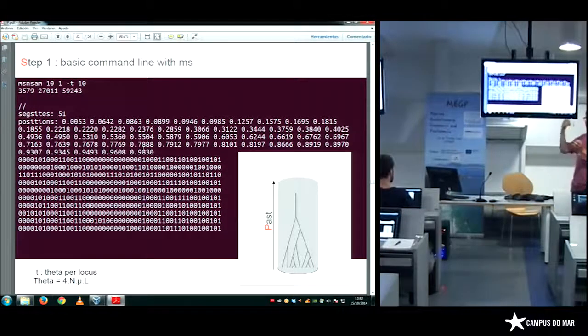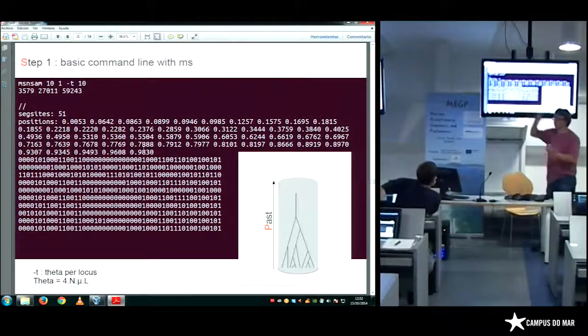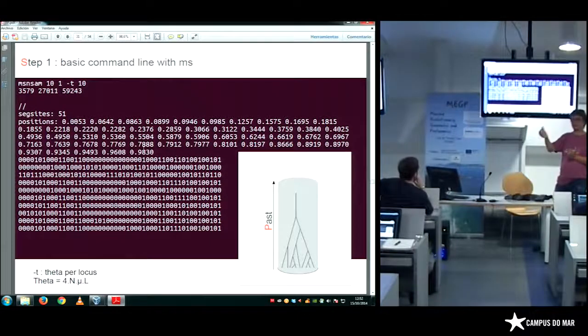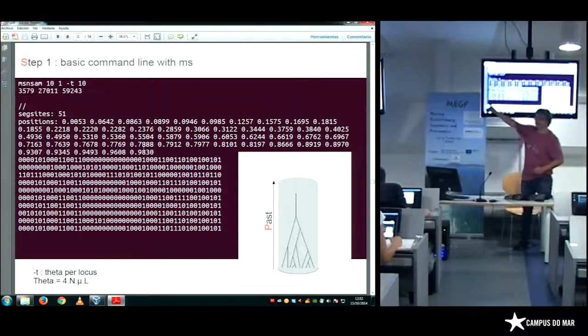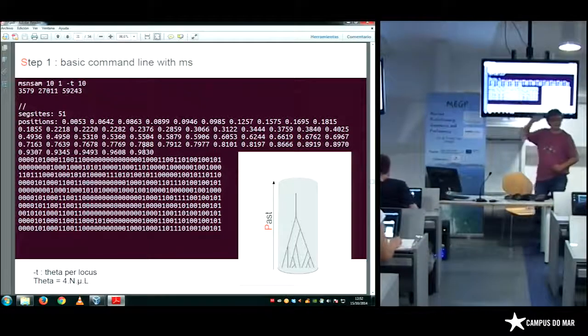The reason is that we are going to use simulation with recombination. So it's between 0 and 1. It's a proportion of the sequence. And here you have the 10 sequences obtained, with 0 being the ancestral allele and 1 the derived allele. So for example, for the first SNP, we have just 1 derived allele and 9 ancestral alleles. The same thing for the second SNP, etc., etc.